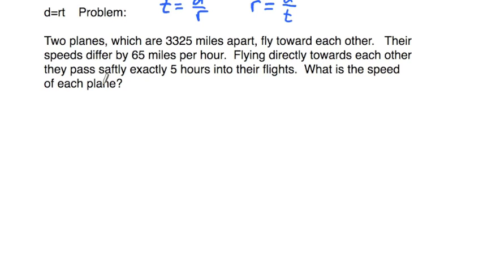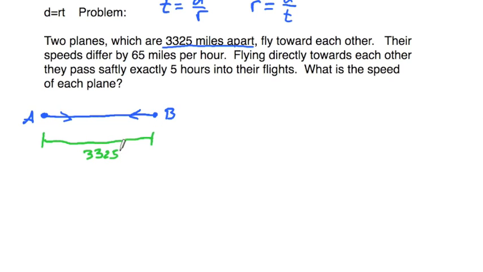We know that there's a 65 miles per hour difference, but we don't know exactly how fast each one of them is going. So probably the best thing to do is try to figure out what the commonality here is. I usually try to draw a little picture. The first thing is one plane is starting from A, some city, and the other one is starting from B, and they're flying directly towards each other. So A is flying in this direction, B is flying in that direction. And one thing we know is before they even started, they're 3325 miles apart. So this distance between these two planes is that